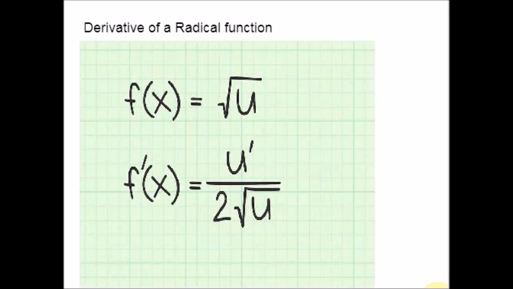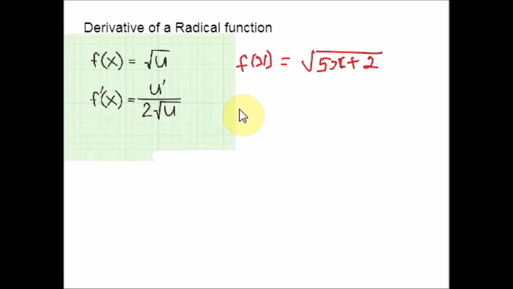Let us take an example and apply the same concept. Okay, we are going to find the derivative of the radicand. Radicand is the term or the function underneath the square root sign. To apply the shortcut, find the derivative of the radicand alone. So consider this example. In this function, f of x is square root of 5x plus 2. And here the radicand is 5x plus 2. Am I right? And what would be its derivative? Yes, its derivative is just 5. So u dash is the derivative of the radicand, which is nothing but 5, divided by 2 times the square root